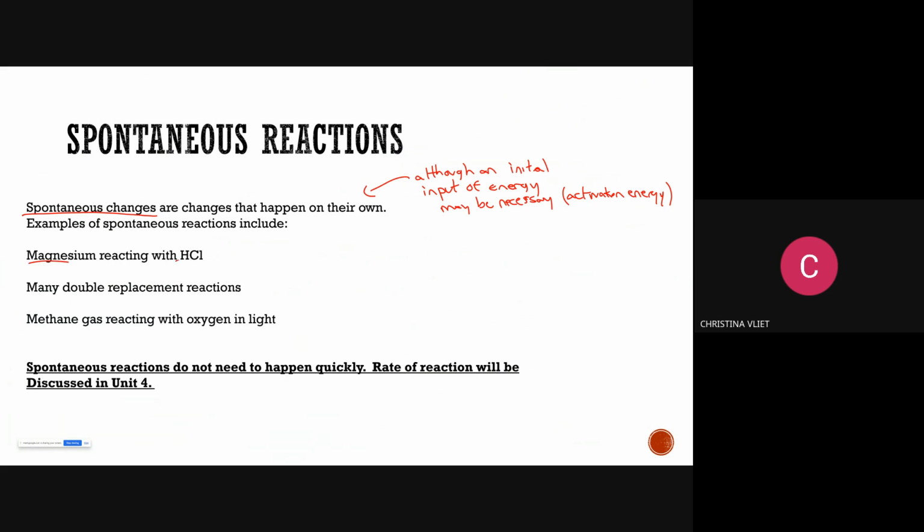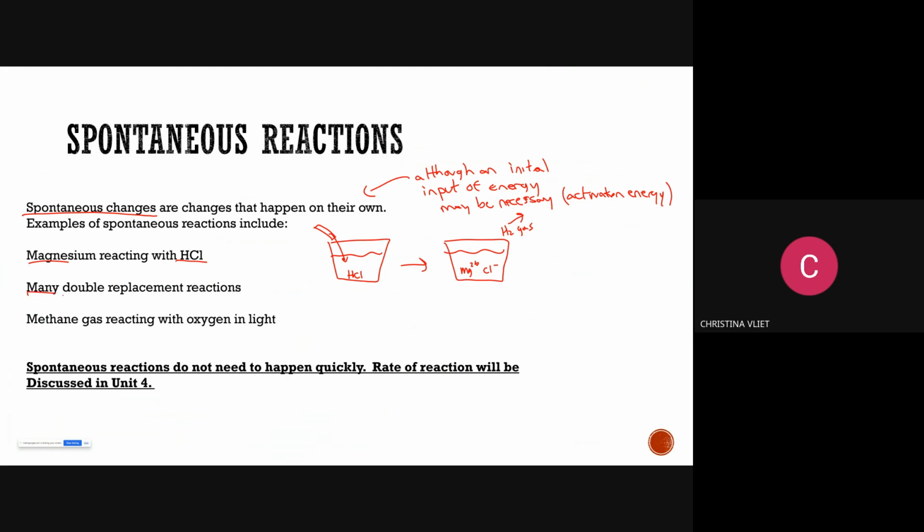And that's why some materials are so dangerous to have around. Magnesium reacting with HCl, I would call that spontaneous. If you'll recall, you throw a little bit of magnesium wire into HCl, what happens? Do you remember? It fizzes, it bubbles, it releases H2 gas. You've got Mg2+ and Cl- now in your solution. And if I take a lit wood splint to it in a test tube, it would go boop, just like that.